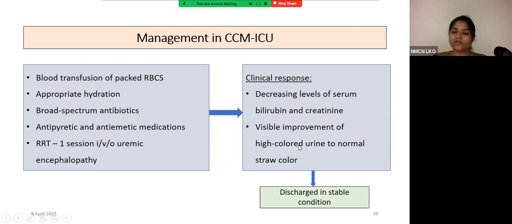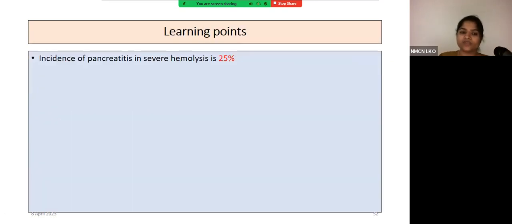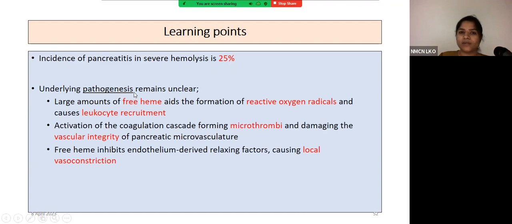There was visible improvement in the high colored urine to normal straw colored. Hence, he was discharged in stable condition. And a final diagnosis of acute pancreatitis due to massive hemolysis in a child with G6PD deficiency with leptospirosis with AKI was made. The incidence of pancreatitis in severe hemolysis is said to be 25%, and the underlying pathogenesis still